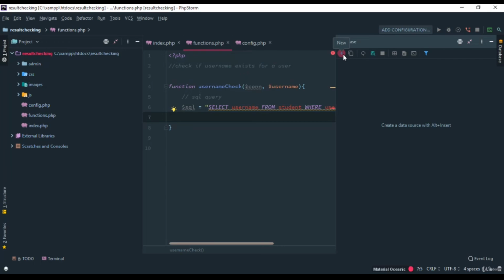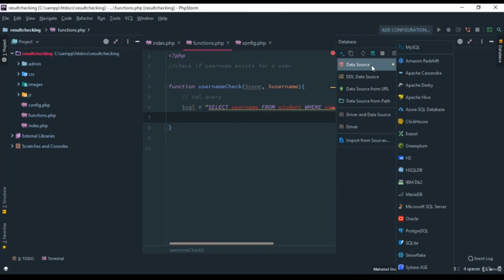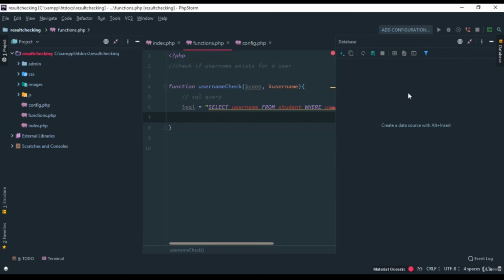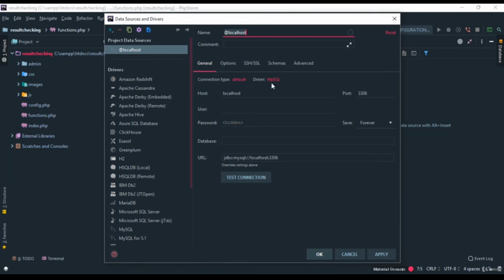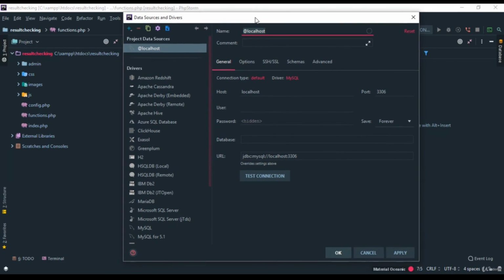then click on this plus icon here, and go to database source. Then I'll select the database driver I'm using here. I'm using MySQL, which is this one here. I'm going to click on MySQL. Then this pops up after that selection, and I'm going to enter my database information here. Of course, my user is root, my host is localhost. I'm going to enter my database password,